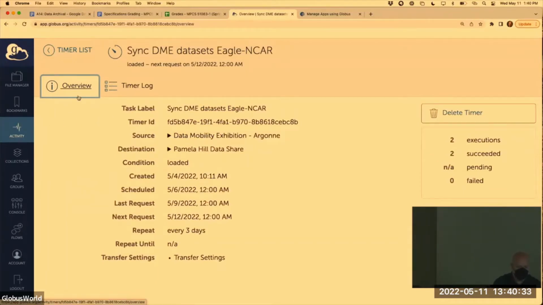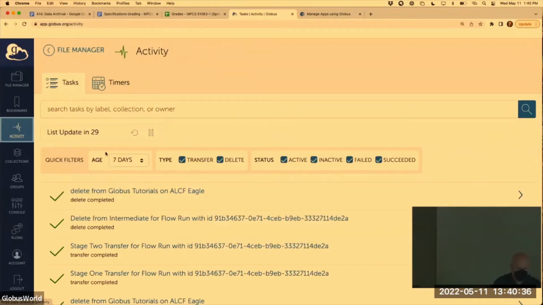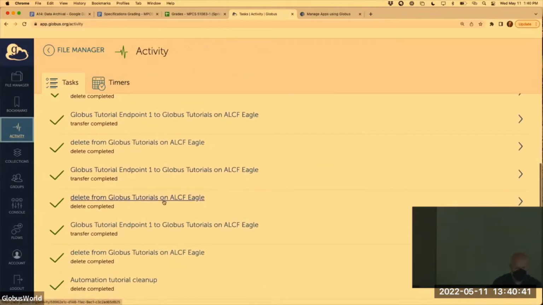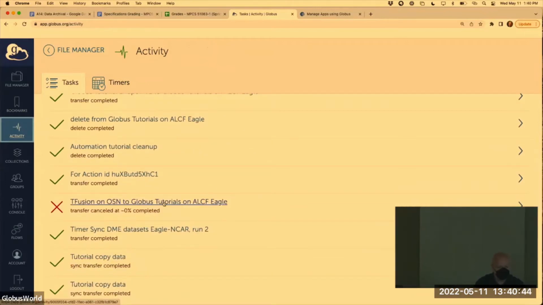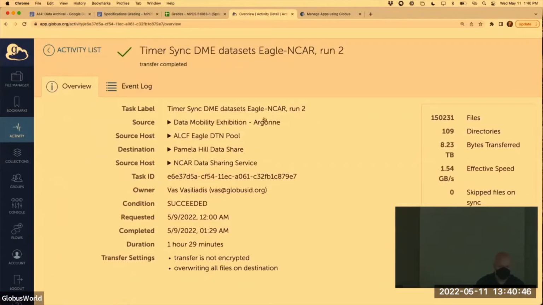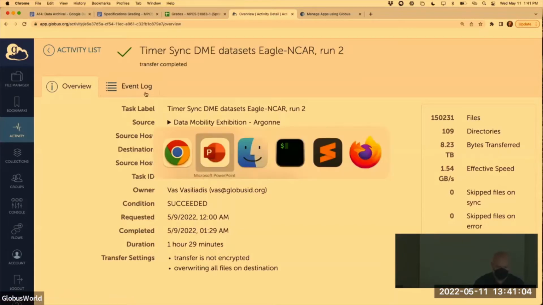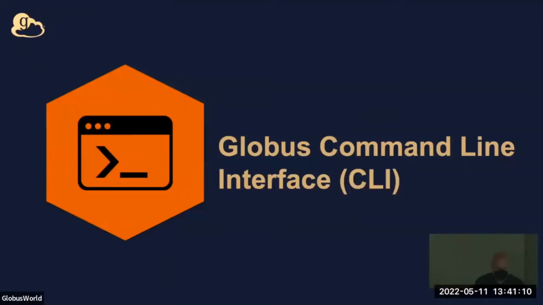And if I go and look at my tasks, I can see that some of those were. Let me see where the last one was. Yeah, so here's a timer run, so you can see 8 terabytes transferred at whatever that is, 12-ish gigabits per second, which is actually pretty slow. We normally have a very nice fast path between these two endpoints. So that's really a transfer, pretty straightforward. I mean, timer, straightforward for automating transfers. But let's talk about more interesting things,